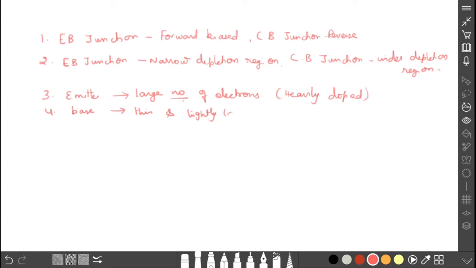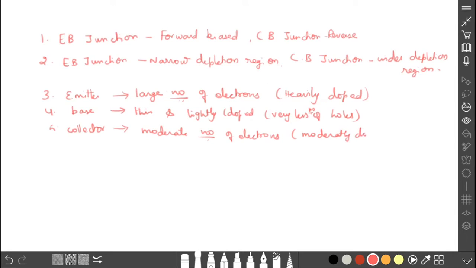So the base consists of very few holes. And what about the collector? The collector consists of a moderate number of electrons because it is moderately doped. Now for emitter and base we have given forward biasing,